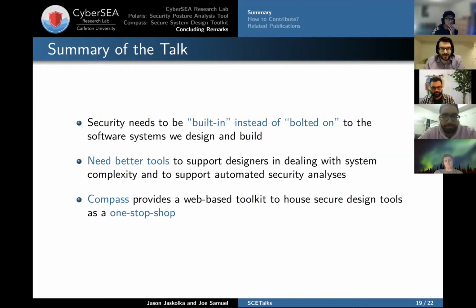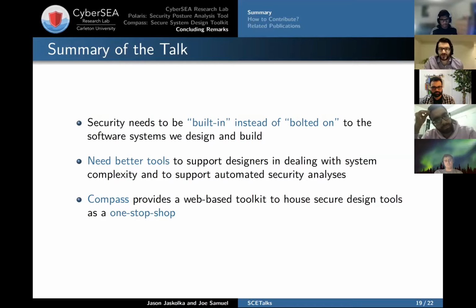Yeah, so I just want to put a bow on this. Thanks, Joe, for all of the details about Polaris and about Compass. So really, what are we talking about today? Our main goal within the CyberC Research Lab is advocating for this idea that security needs to be built in instead of bolted on when we're designing and building software systems.